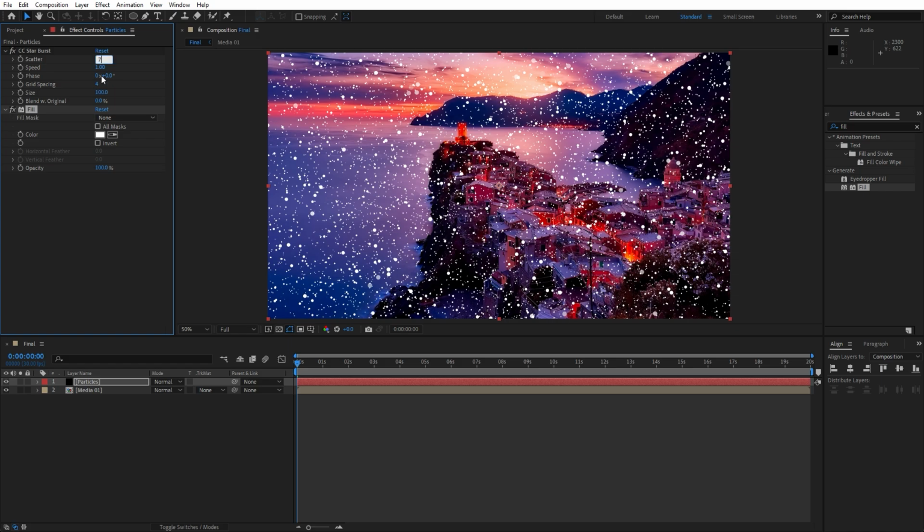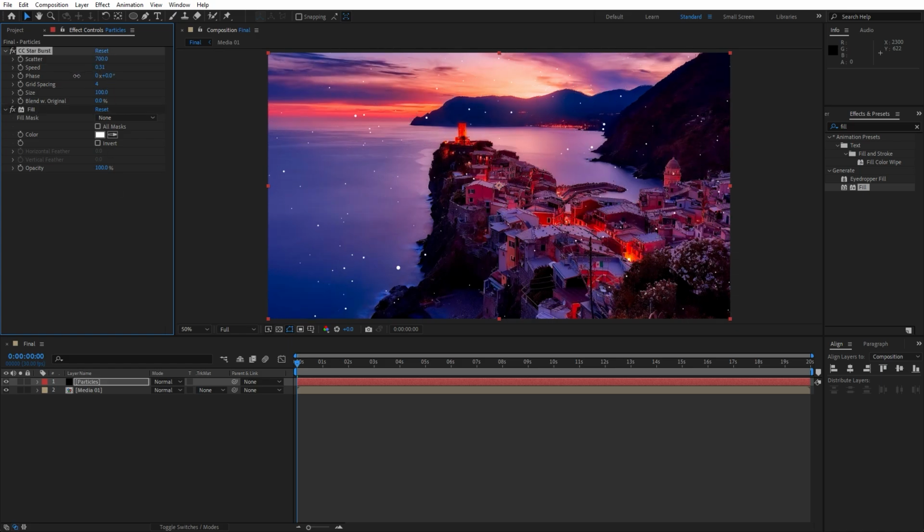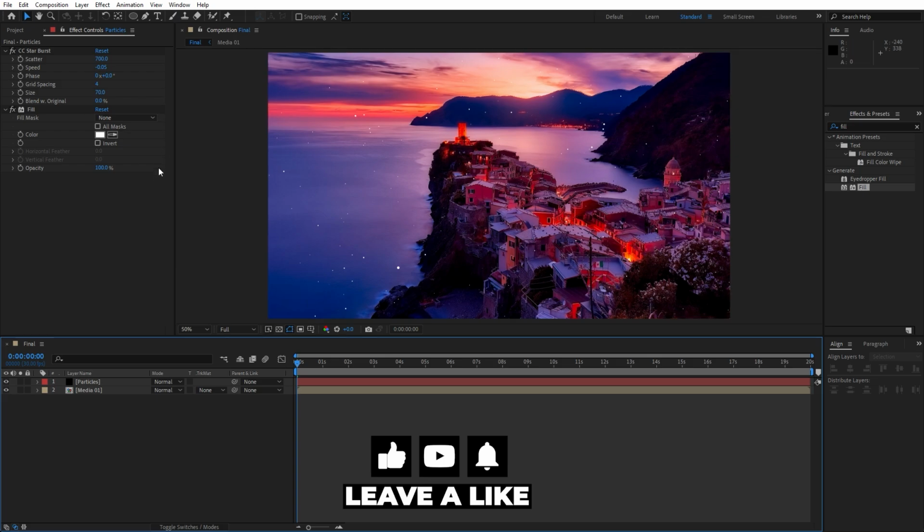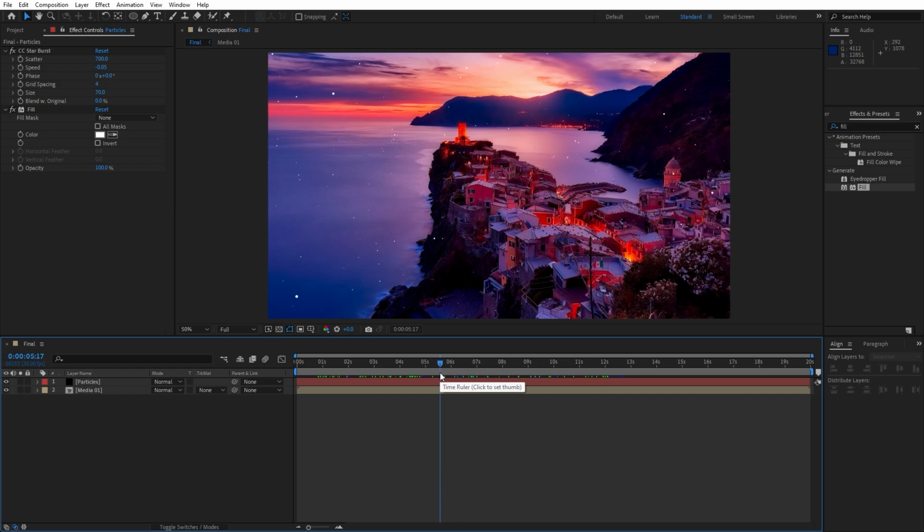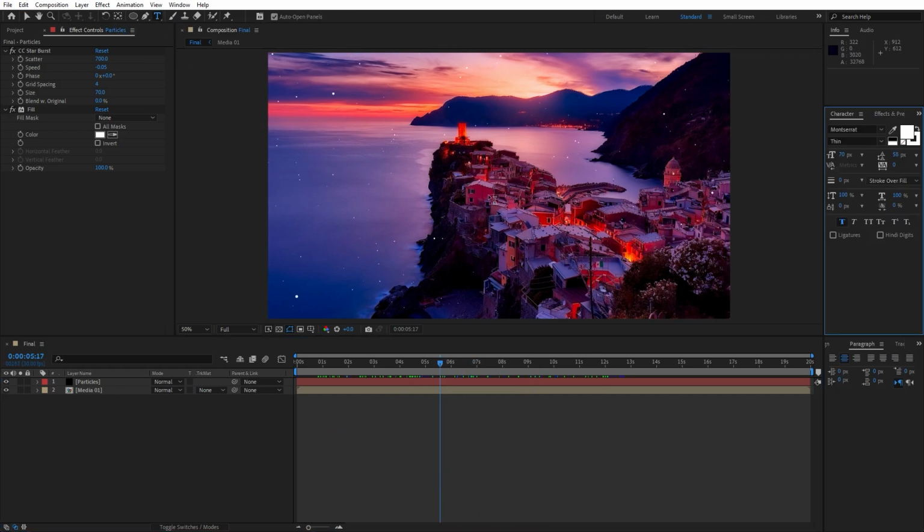For the scatter I will go to around 700, and for the speed let's lower it down to -0.05. And also for the size I will do 70. Of course you can easily change those numbers if you like a different kind of look, but for me this is looking great. Now let's create our text, hit Ctrl+T or hit on this little icon, and I will just